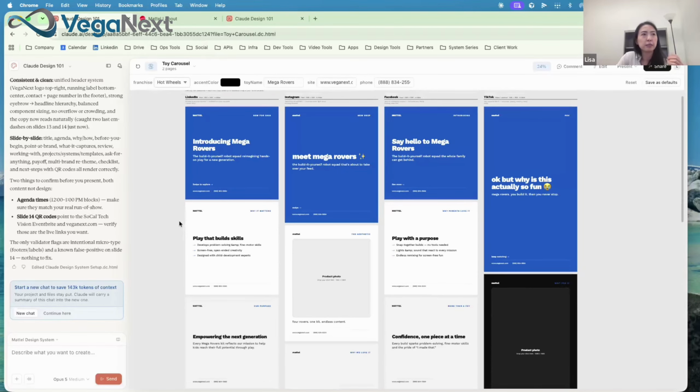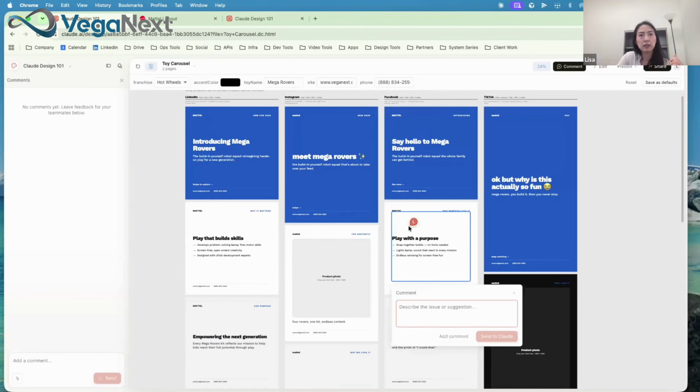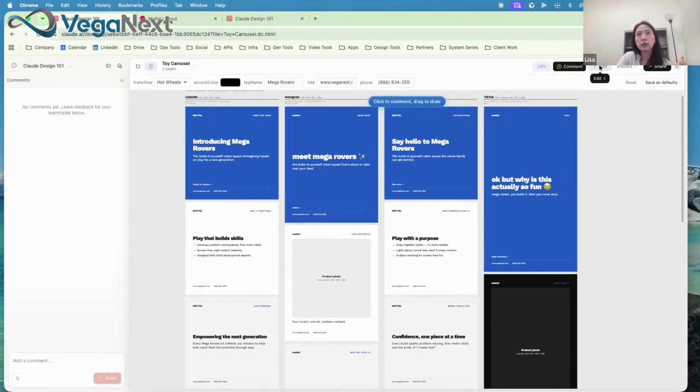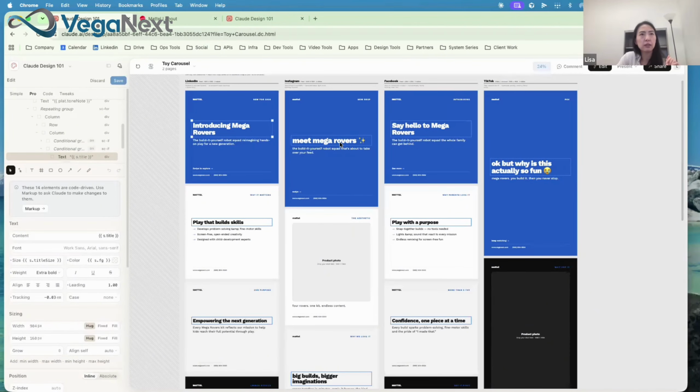And then let's say you wanted a specific thing changed on one slide. You could do a couple things. You can comment on the deck itself so that your teammates can review it later. Or if you need Claude to edit something for you, there are 2 ways to do this. So comment was over here on the top. Edit is also over here on the top. So when I hit edit, let's say I wanted to edit the title. So I have introducing Mega Rovers. I can either